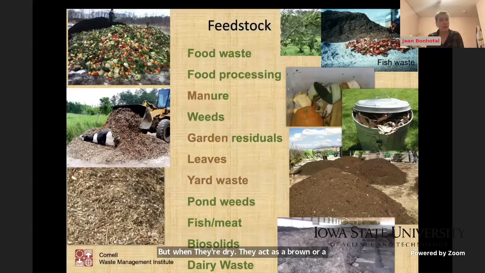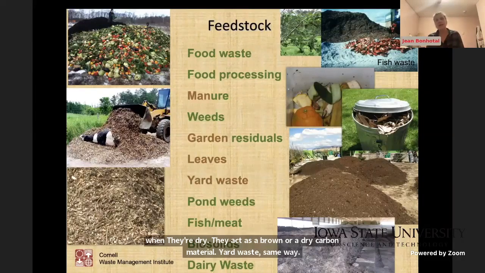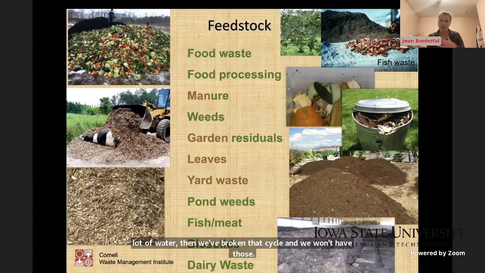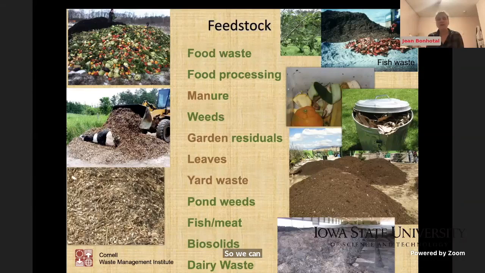Pond weeds are pretty liquid. So we do harvest water chestnut and loosestrife and different plants that are invasives generally. And when we bring them up on land where there isn't a lot of water, then we've broken that cycle and we won't have those. So we can compost those on upper land areas and not have a problem with weed seed or propagative plant parts. Fish and meat,